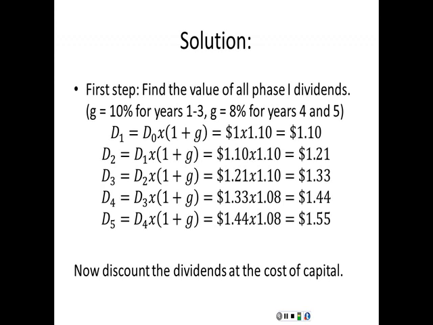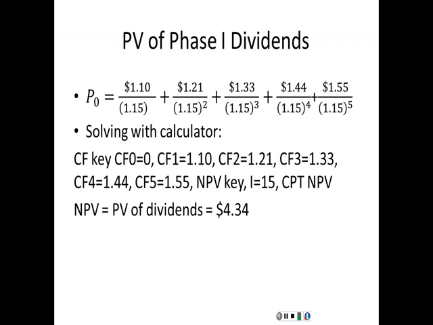Now that's really like an uneven cash flow stream if you think back to time value of money. So we need to find the present value of these today. In other words, what value do I place on these dividends today? We're going to discount at the cost of capital, which is 15%. So we set up our cash flow stream where we discount each cash flow individually, or each dividend individually, from